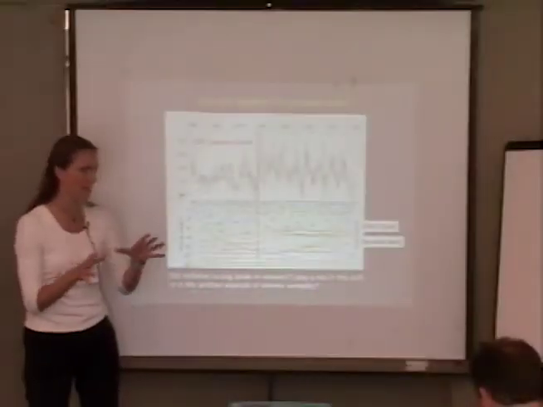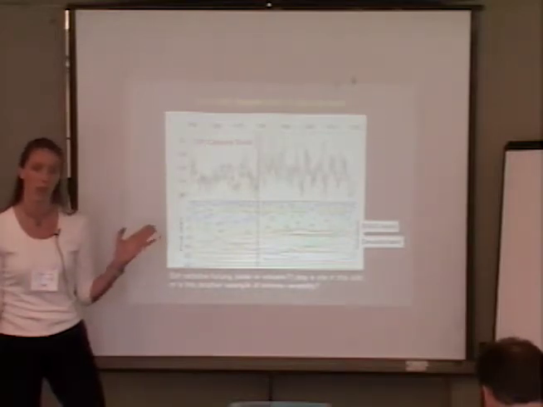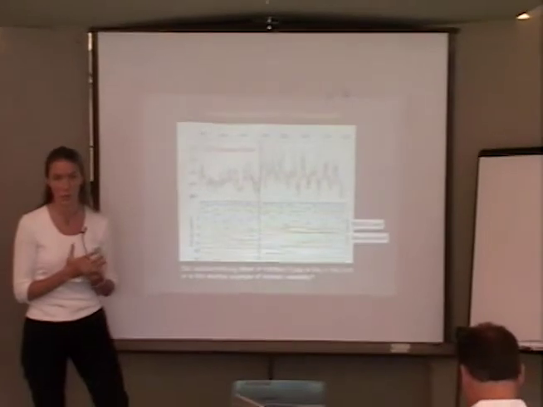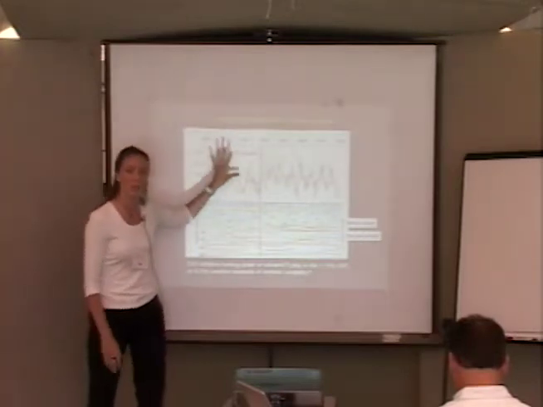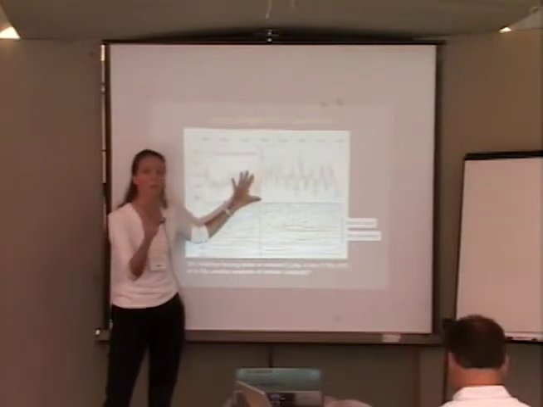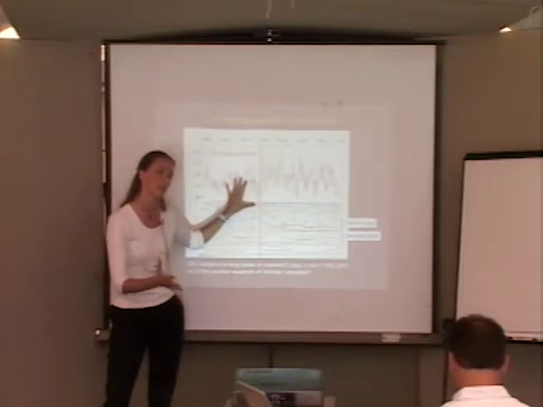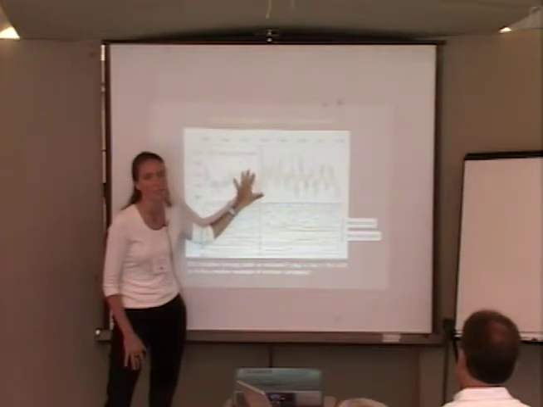Well, let me just say that I did not show you the calibration interval for this reconstruction, which covers from 1886 to 2000. Basically what you see is that the monthly data correlate from the coral to the instrumental Nino 3.4 at 0.65 raw. That's pretty good. And if you filter for El Nino, with a 2 to 7 year bandpass, the correlation goes up to 0.85. So we are seeing El Nino temperature here. Which is normal, if you reduce the number of degrees of freedom, the correlation goes up.